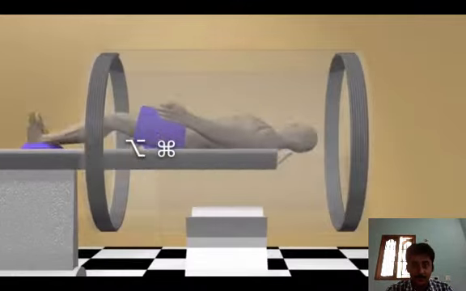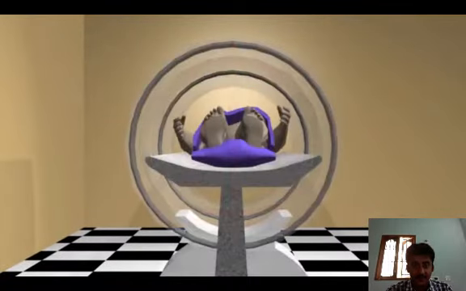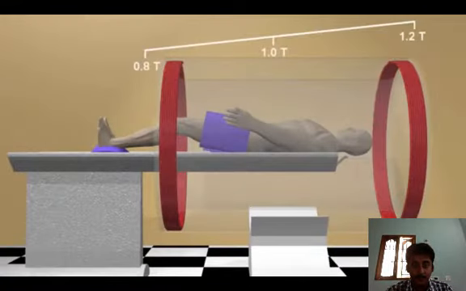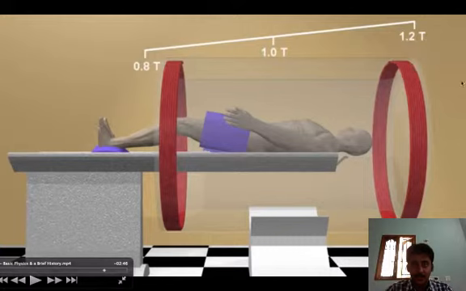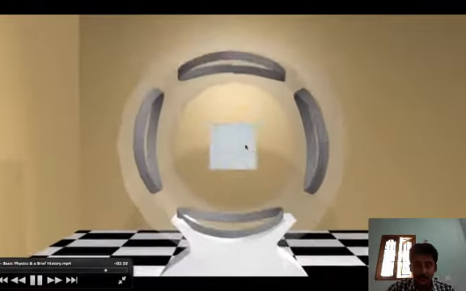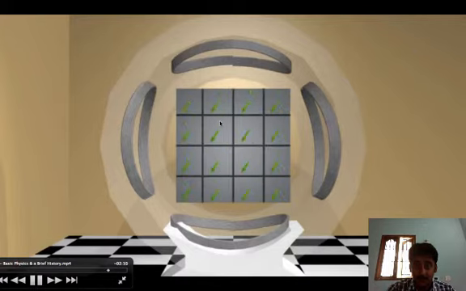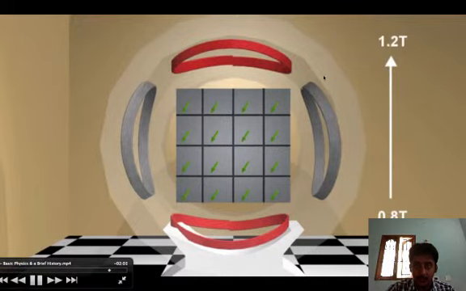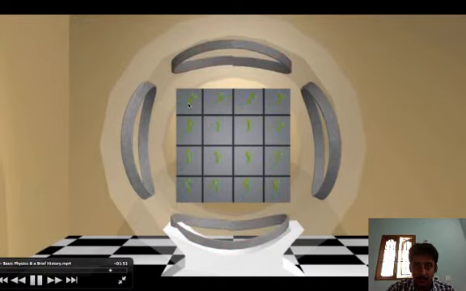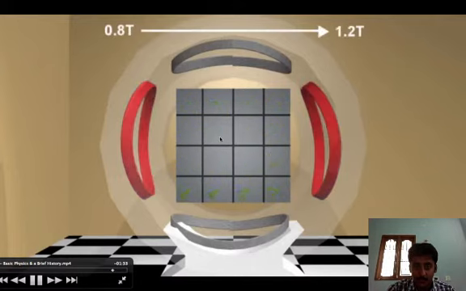So let's consider the magnets. We have the z-axis, y-axis, and x-axis, and we have a varying gradient along the z direction. We are sending a radio frequency pulse, and we are considering a particular slice in the human body. Usually the phase and frequency are the same. When applying a gradient, they start differing. So we have applied a gradient along the y direction. These are of high frequency, and those in the middle are of low frequency.